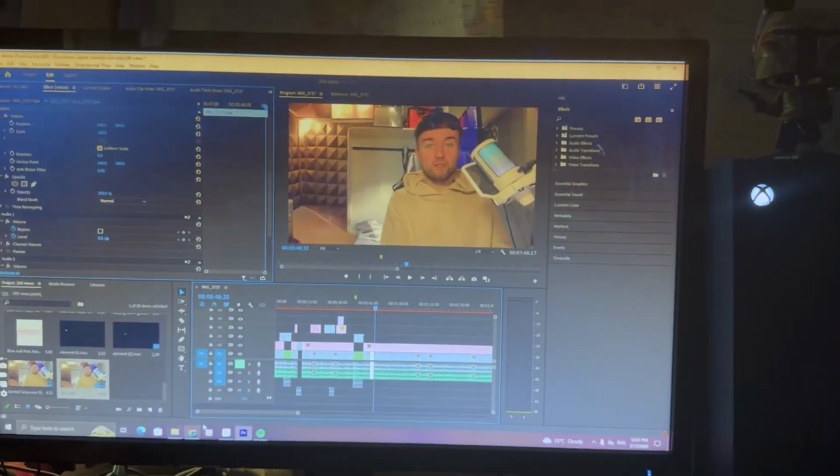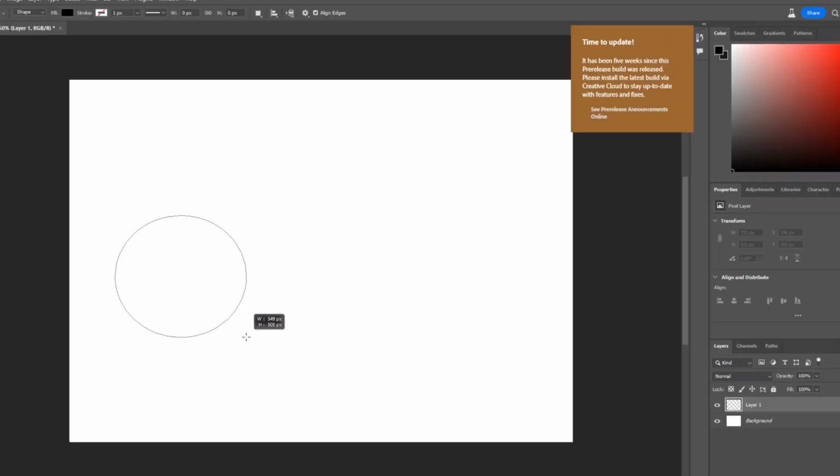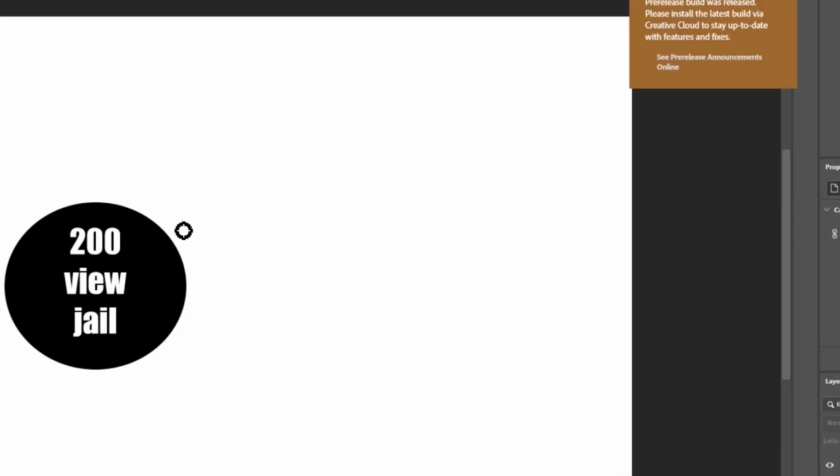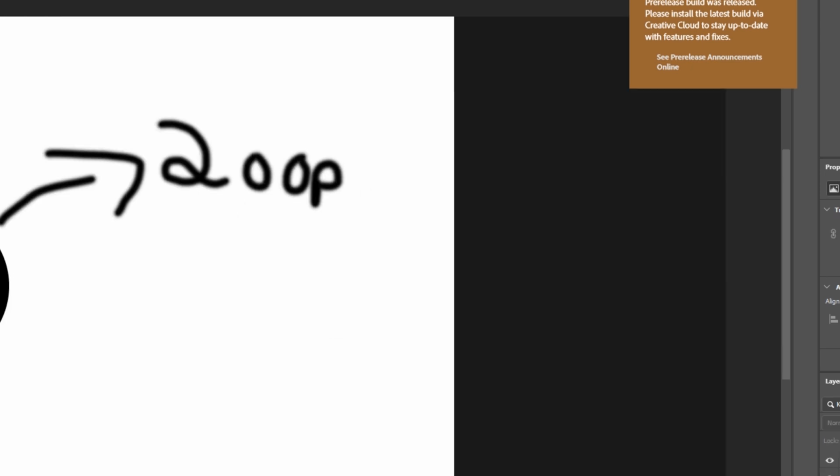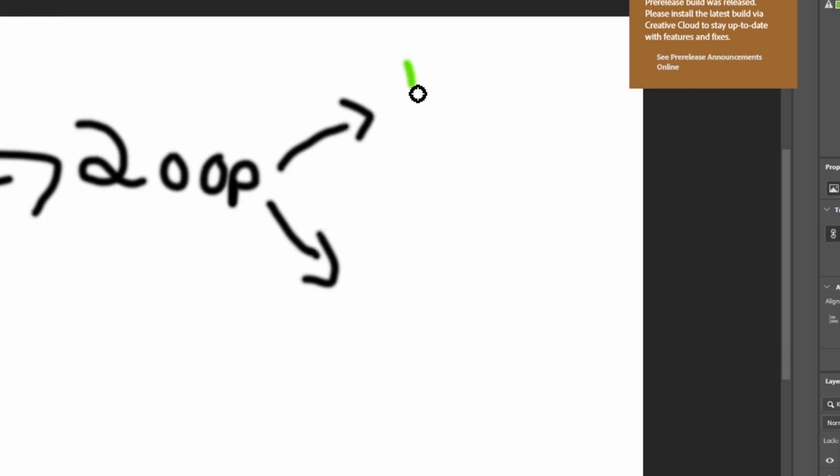First, let's talk about the TikTok algorithm and why it actually puts your videos in the 200 view jail. I think if you have a better understanding of why TikTok does what it does, you'll actually start making some better videos. You see, 200 view jail is actually just TikTok testing out your content. They're basically showing your video to 200 people, and then depending on how these people interact with the content, TikTok will know whether it's a good video or not.